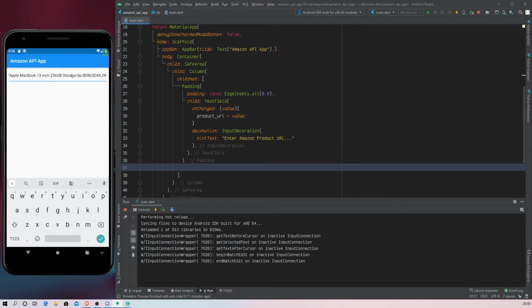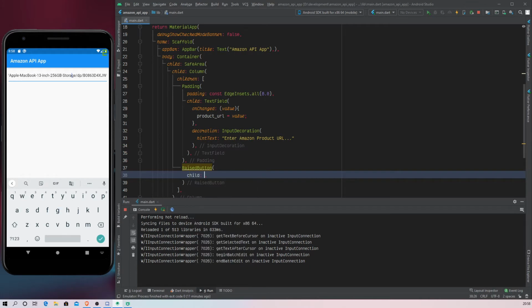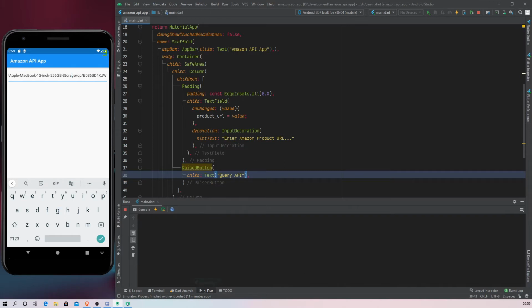So we're just going to say raised button, and it is going to have a child. We'll say text, and let's say query API. Yes, just query API. I'm going to save that. Now we see a button.